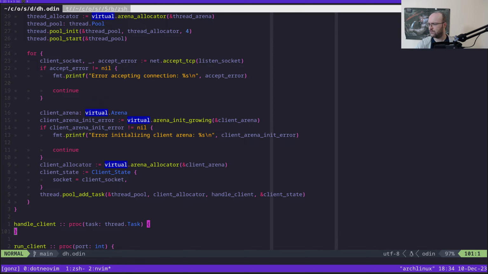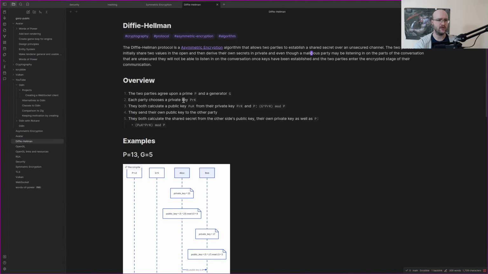All right. Okay, so as the title says, in some ways this is going to be an experiment to kind of feel out some of the stuff that Odin has for dealing with large numbers and stuff like this. So for those who might not know what Diffie-Hellman actually is,